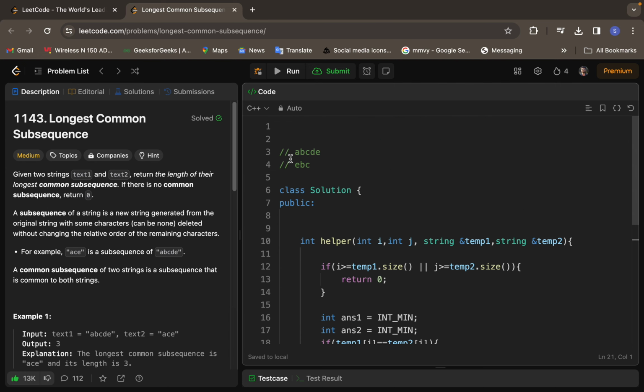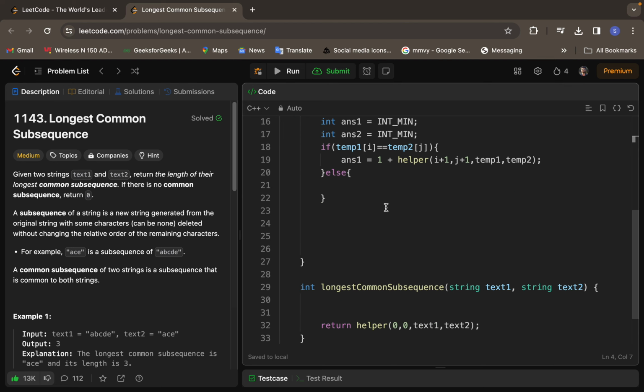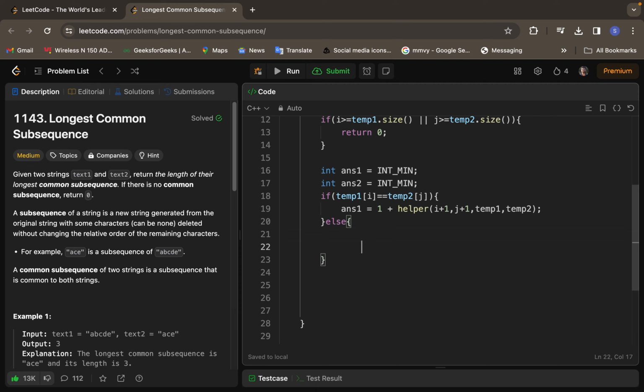Now why are we doing this? Because the first two are not equal, so we have to try out each and every possibility, right? We can either increase I and j remains at the same position, or we can increase j and I remains at the same position. So in that way we will explore all the possibilities, right? So what do we do here? We simply say that answer 2 will be the maximum of helper of I plus 1 and j